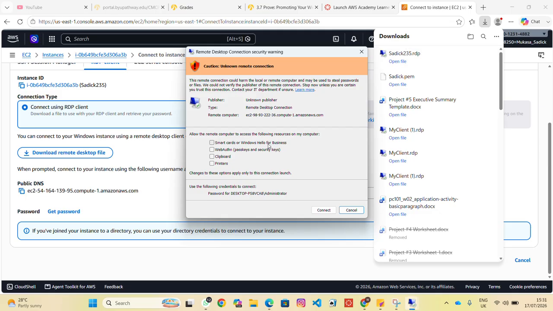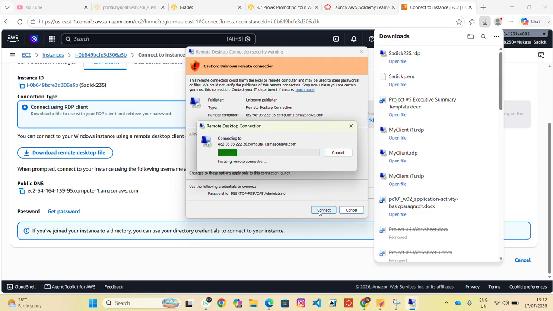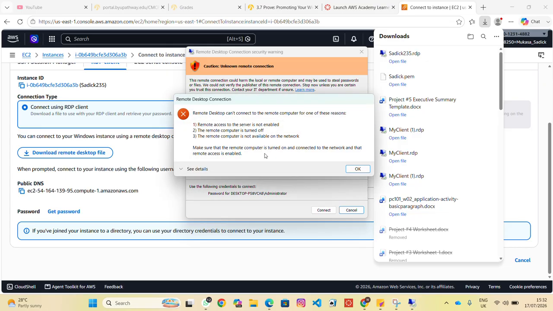As you can see, I have connected to my Windows Server virtual machine. In fact, I have connected to my Windows Server machine using remote desktop. Right now, I'm signing in as the administrator. In this assignment, I will install Active Directory Domain Service. Then I promote this server to a domain controller. I create a separate domain administrator account, and then